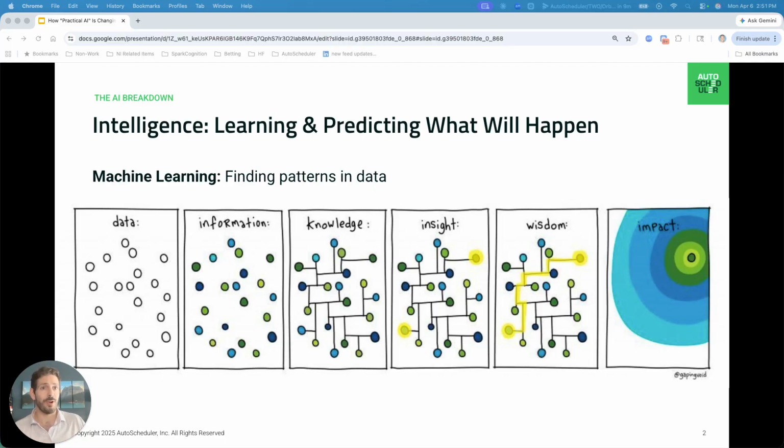And I have this fun little graphic to describe it, which is data by itself doesn't drive any value. When you start to categorize that data, you can view it as information that you can then sift through. Once you can piece that information together, you start to build knowledge on top of it on what is the current state, what is happening. When you take that knowledge and you can tie specific causes to effects, you start to have insight into what the data is telling you. When you're able to map exactly how things traverse through that information, you're able to understand, well, I'm wise enough to gain these insights consistently.